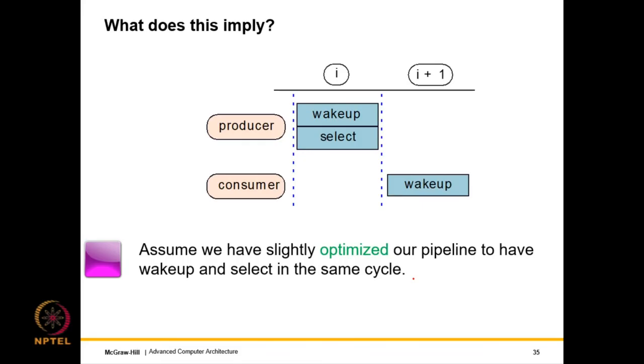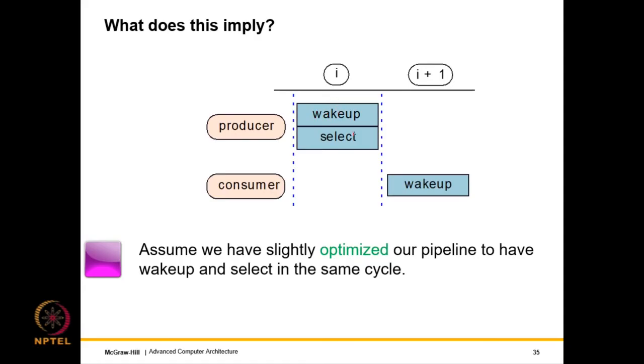So what does this imply? Well, this implies that we sort of need to design these stages very carefully. So let me look at one design point. In this design point, let us assume that we are able to optimize our pipeline such that wake up and select happen at the same cycle, right? If they happen in different cycles, it will introduce more complexities, and it is also there as an exercise at the end of the book. But let's look at the simple case first, and we will then gradually, slowly ramp up the complexity.